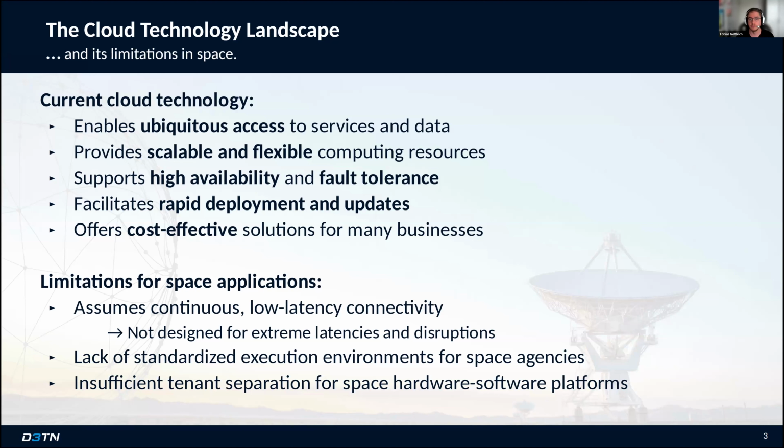Cloud technology obviously has been built for use on Earth. This means it assumes continuous low latency connectivity and is not designed for extreme latencies and disruptions, which is something we face in space. There's also no standardized execution environments for space agencies, which limits adoption, and the tenant separation for space hardware software platforms is lacking, to say the least. So if you have your highly classified research project and you have another tenant on the satellite, there is, well, grounds to assume that there may be access to your data, and this is something we obviously do not want. Now,